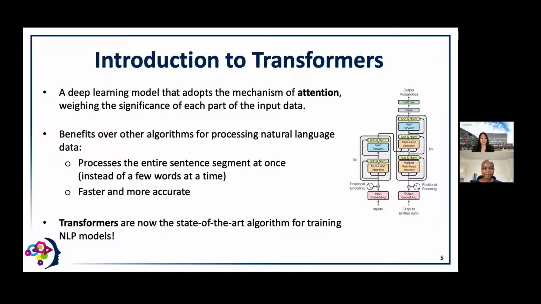So the underlying main technology or algorithm that we're using is called transformers. And the reason why we wanted to bring this into the natural language processing module is because this is now the state-of-the-art algorithm that's used for natural language processing. And you don't need to understand technically how this works, but the idea is that it is using the idea of attention. So if you think of it in terms of a sentence,